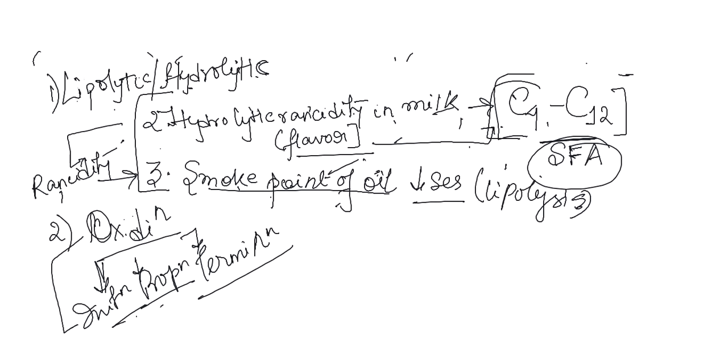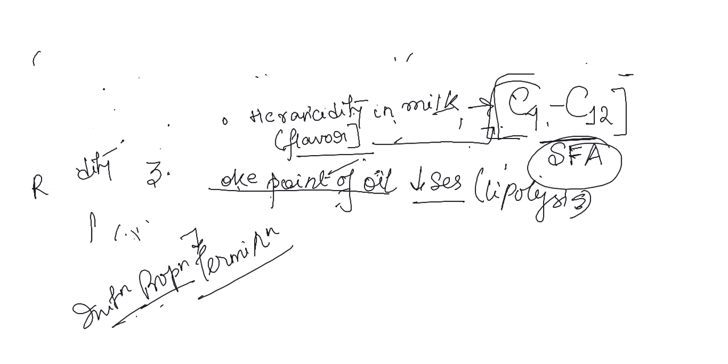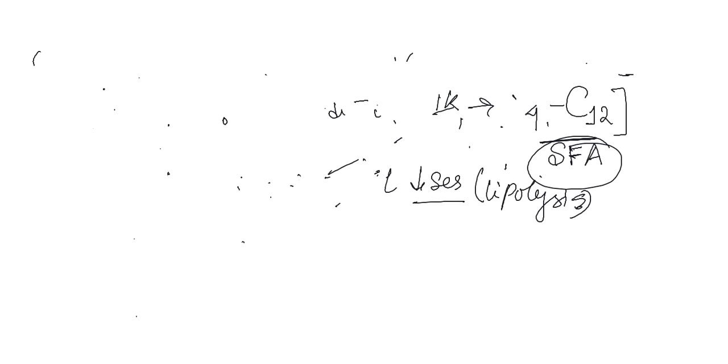So read about rancidity. It's an important topic. Why is it happening? What is the basic difference between hydrolytic rancidity and lipolytic rancidity? And 2 questions: why, if there is a rancid flavor in milk, why is it so? If the lipolysis takes place in oil, what happens to the oil? That has been taken. Okay. Then next we will be having the fourth. This was the second part. So next the fourth question we will be dealing with.